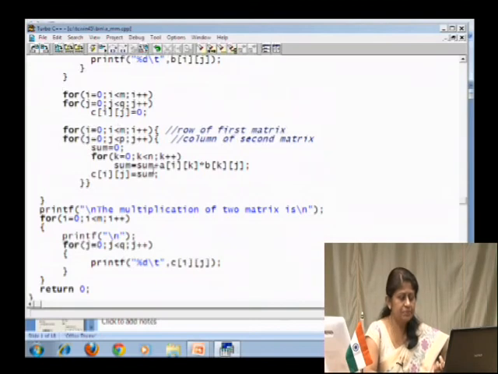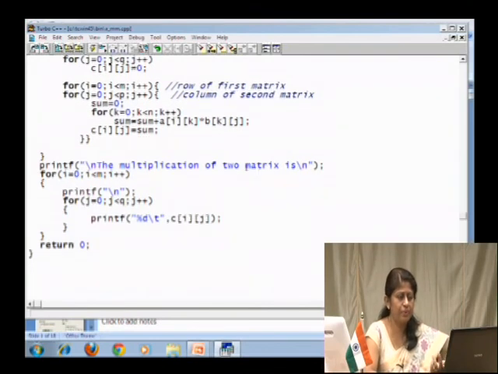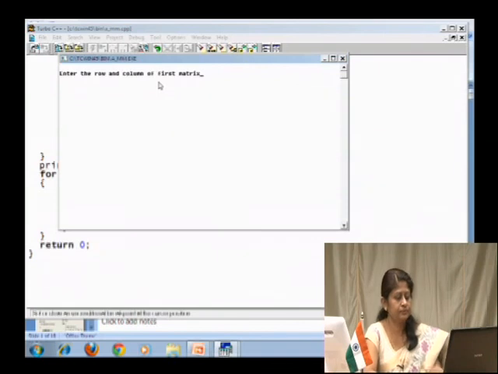So after this completion, we end up by printing the resultant matrix, that is the multiplication of two matrices is. We will just execute this program and see how the output would be displayed. Say I gave a 2 cross 3 matrix, and again my second matrix also as a 2 cross 3 matrix.